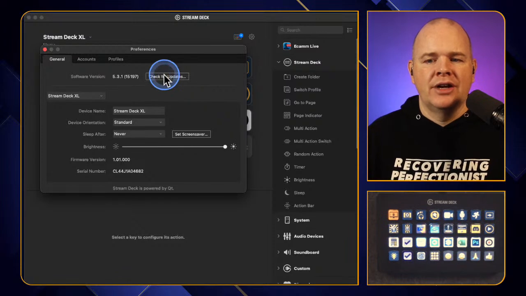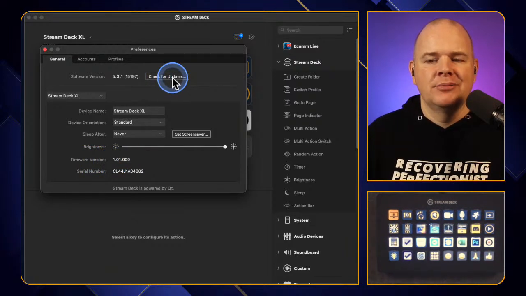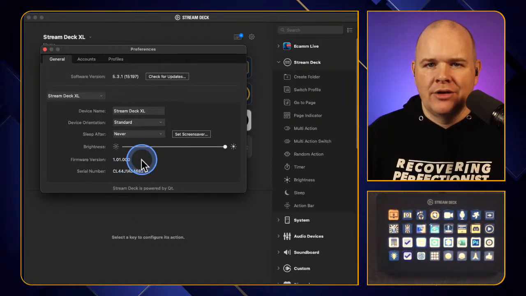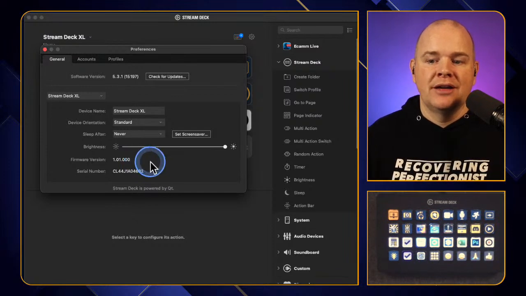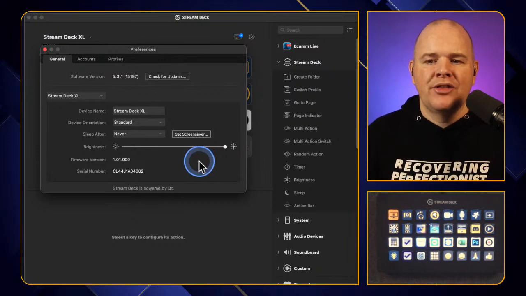One thing I'll mention though is if we come further down here, you'll notice that it says firmware version as well. Now here, there is always a button here. It always says check for updates. You can always check for updates. With firmware, there is no button to say check for updates, but what happens is when there is an update available, you'll see a button that appears here to say update available, download it or whatever. The thing that catches people out though is